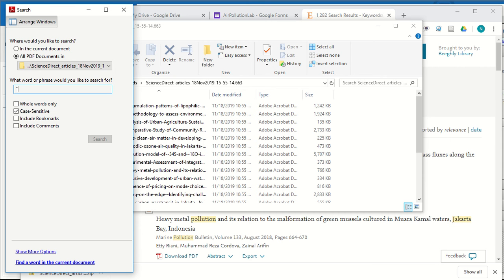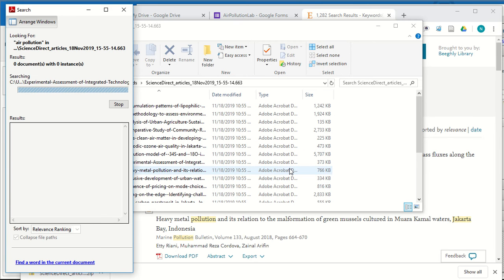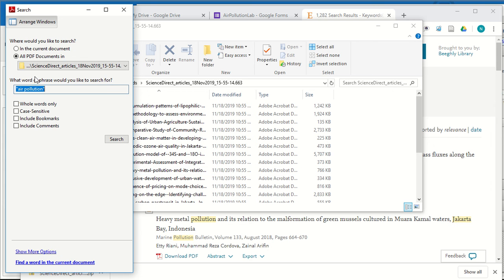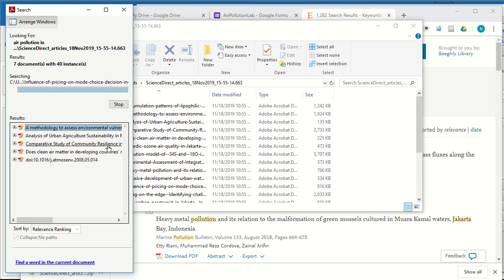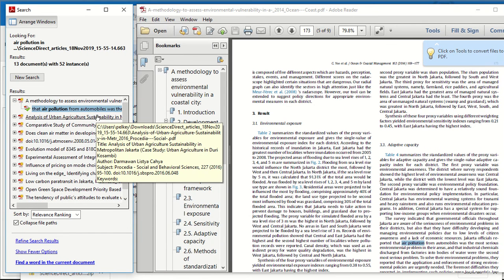And I'm going to search for air pollution. And so I put it in quotes so it searches the term. And I'm going to get rid of case sensitive. And then I'm going to search. And I'm going to allow the read access. And then it's going to sort of pound through there and hopefully give me some results. Hopefully I didn't spell air pollution wrong. It didn't like the quotes. And so now here, when I click on this, you'll see